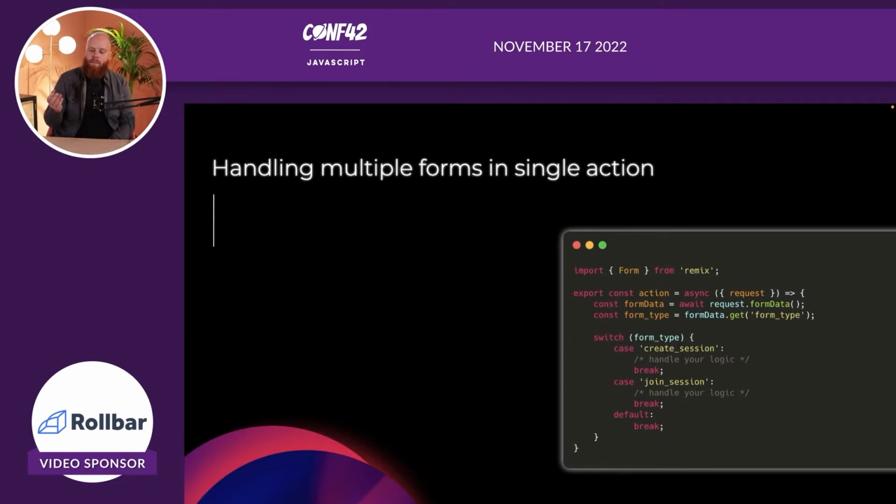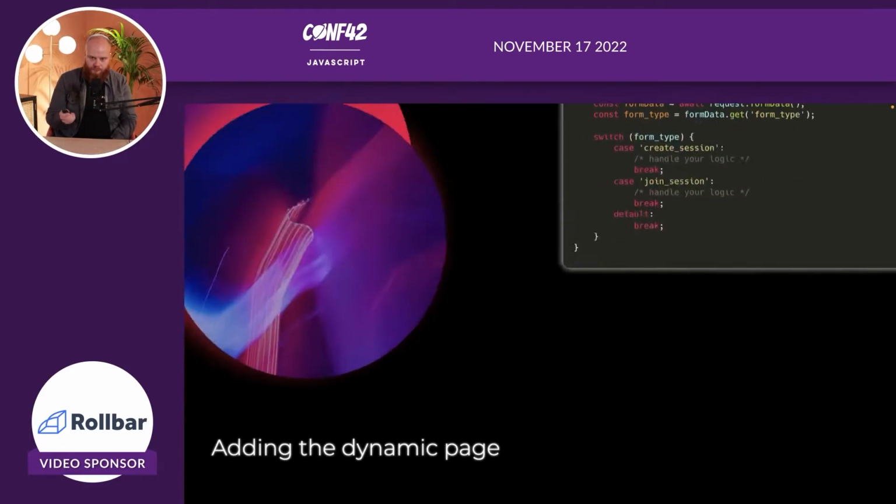And then I made a switch here saying, take the form type, create session, you should do this, this, and this. Join session, you should do this, this, and this. So that's an easy trick how we can basically reuse the same action, but for different purposes on that route, for different forms on that route. And that's it. This is how simple you can make it.